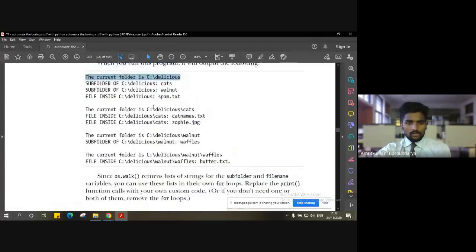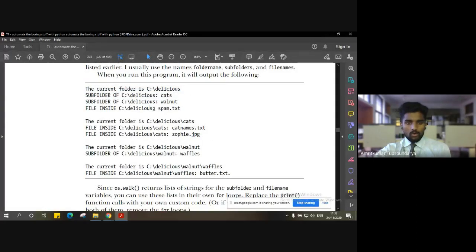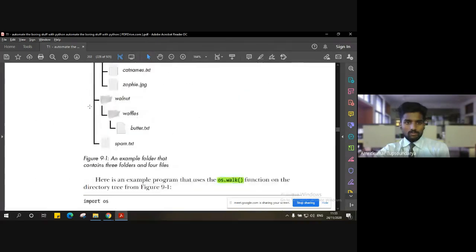In that case, you pass the command os.walk followed by the path, which is C:/delicious, the delicious folder inside the drive C. Once you execute this command, the output that you will be able to see is somewhat like this. The subfolder inside delicious is catch, the subfolder inside delicious is walnut. I hope you can relate to the structure above.